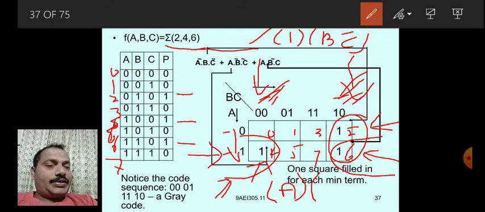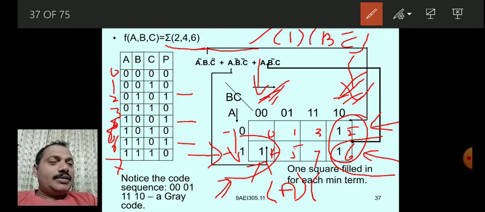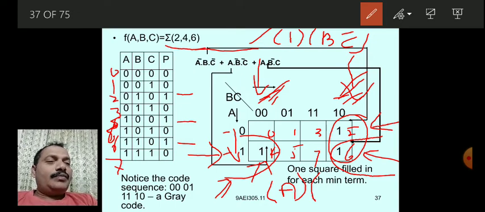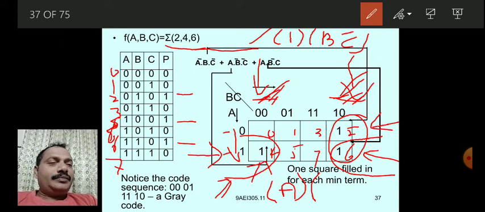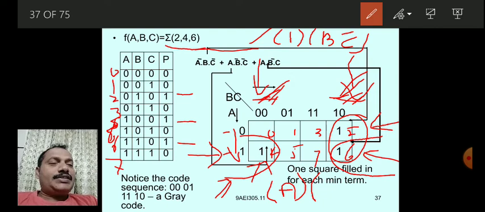Column side you write. What is the column side? 0 0 and 1 0. For that, which variable is changing? The B variable is changing from 0 to 1. The C variable is not changing, it is 0 only. Hence B is eliminated and C is retained. And what is the C value now?